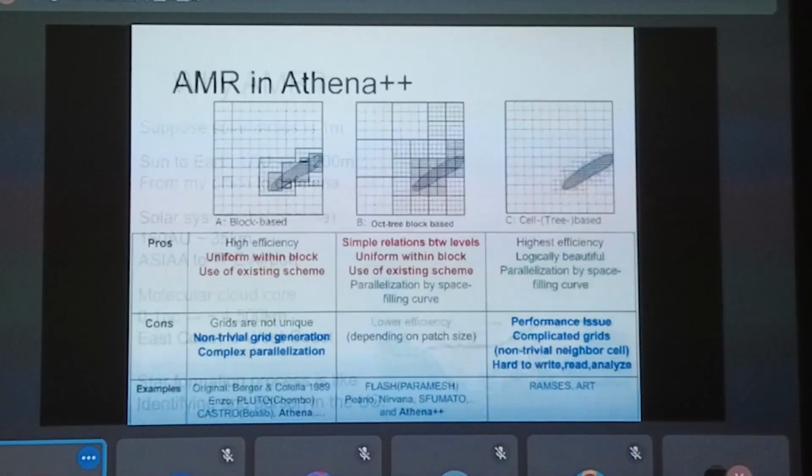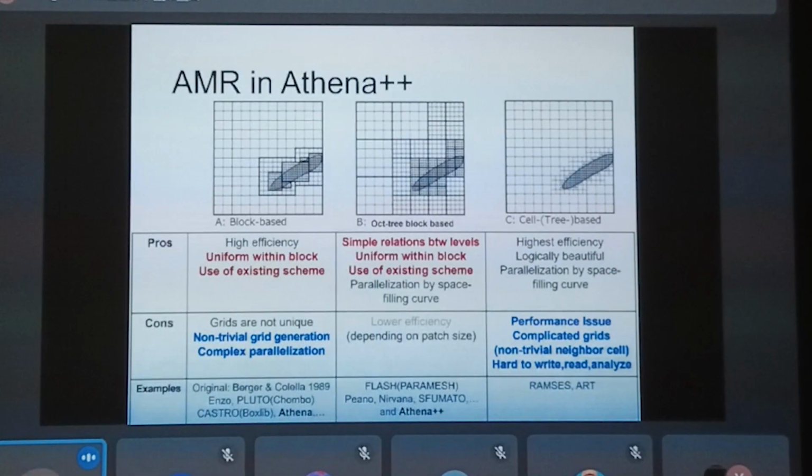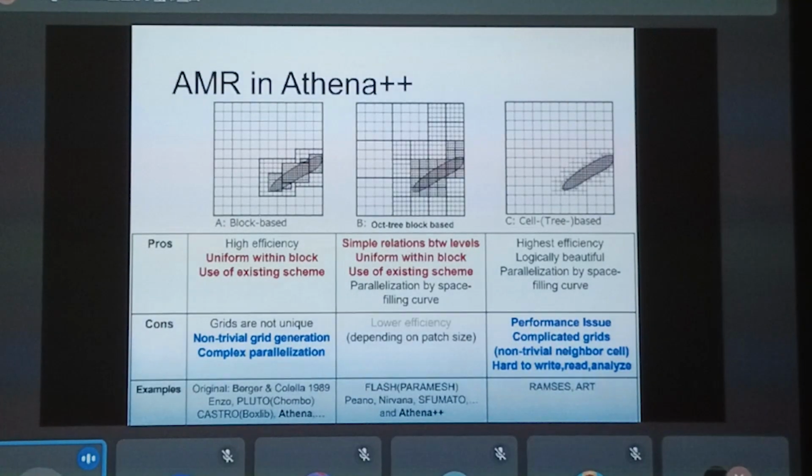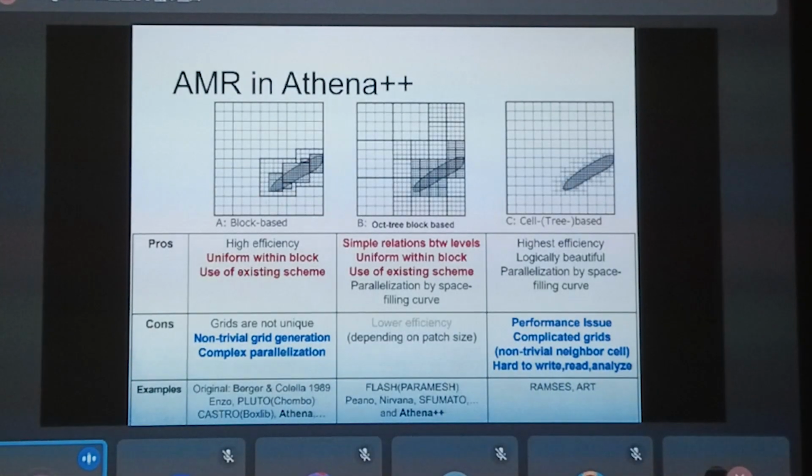Okay. As someone asked the question, there are different types of adaptive mesh refinement designs, so let me explain that. The first one is what I call block-based. Some people call this patch-based, but let me call this block-based.